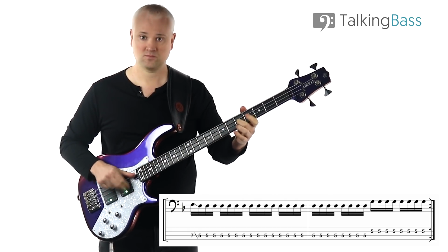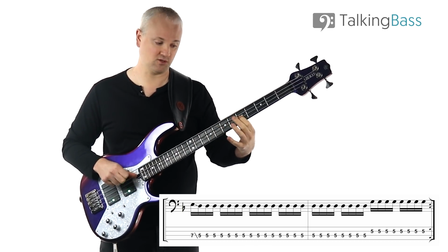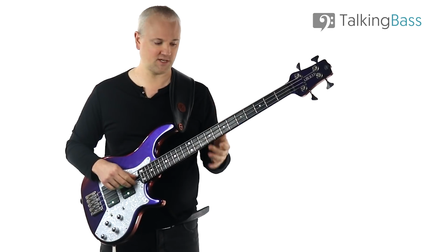So, and then when you play the repeat, we make the little slide from the G up to the A there, so 5th fret to the 7th fret, okay? So, slowly, all of that together, so 1,